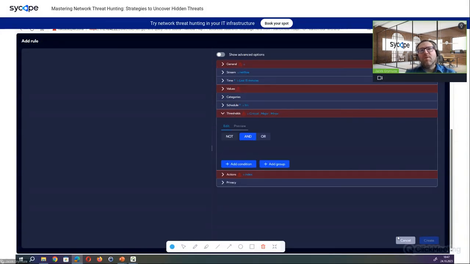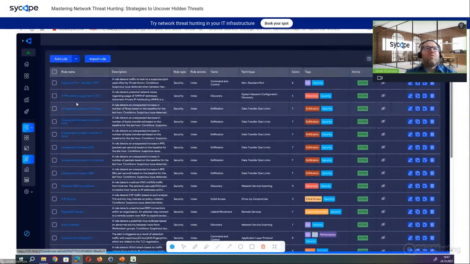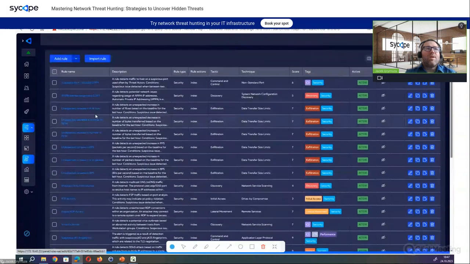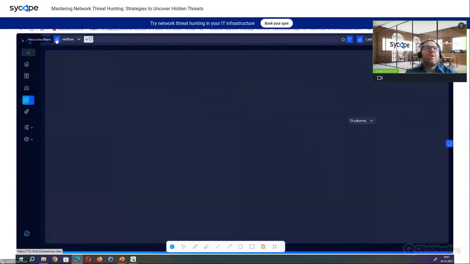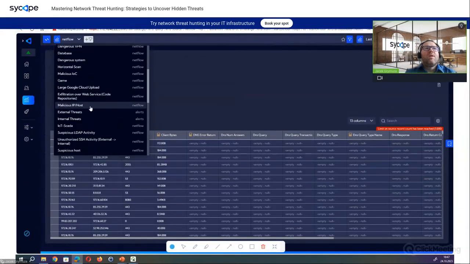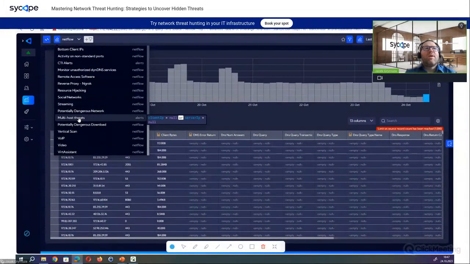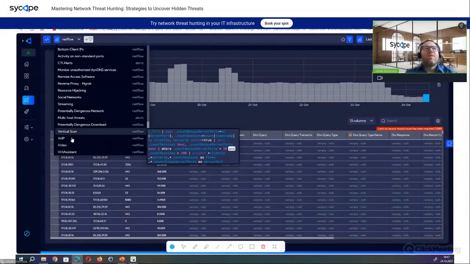So if you have the knowledge to create the rule, you can do it alone. If you don't have knowledge about monitoring, you should use custom. You can use our templates as well. You can use our built-in searches, which help you to detect specific